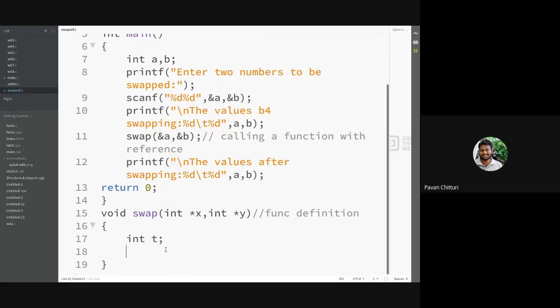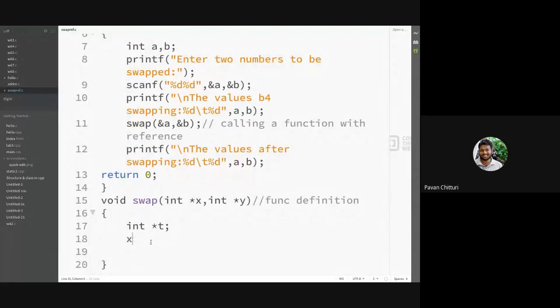Sorry, this also has to be a pointer, because a pointer can only hold another pointer. I have the intermediate pointer now. So star t is equals to star x.